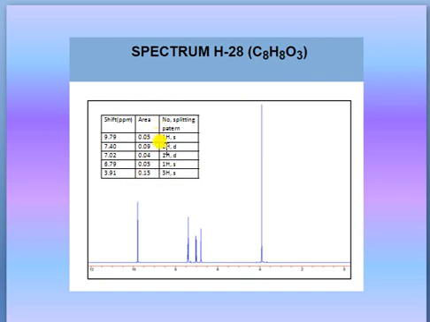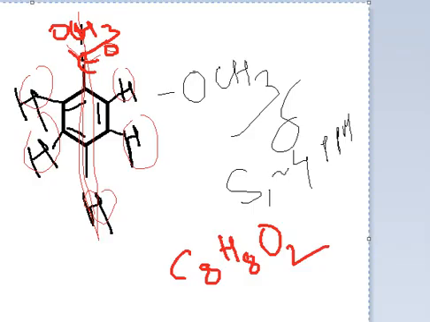Let's count whether 8 hydrogens are there or not. So 1, 2, 3, 4, 5, and 8 carbons. And how many different types of carbons are there? One hydrogen at 9.979 is definitely an aldehyde. That means you can write CHO. One aldehyde, we are writing one aldehyde CHO.